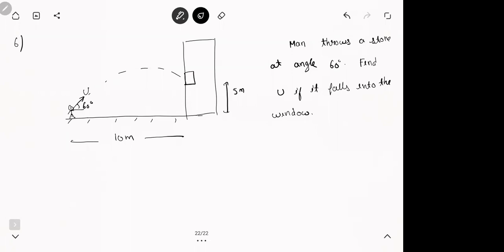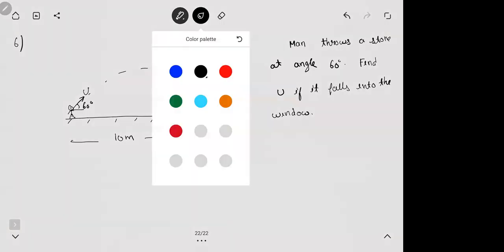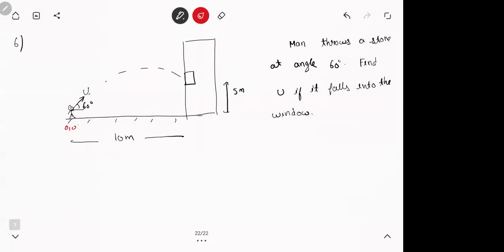Let's see. Now, don't think so much. The question is pretty easy actually. You just didn't realize maybe you could do it that way. If you take this point as origin, what is this point here? 10, 5. X coordinate will be 10 and Y coordinate will be 5.